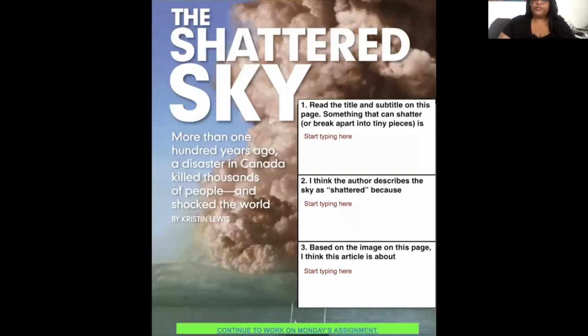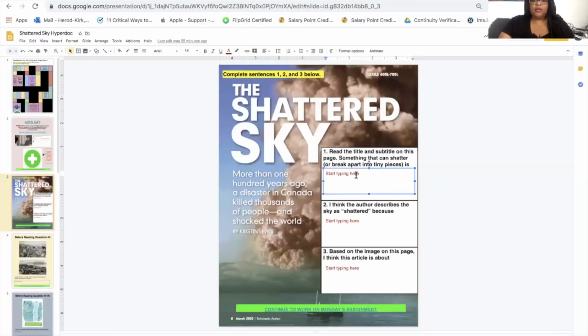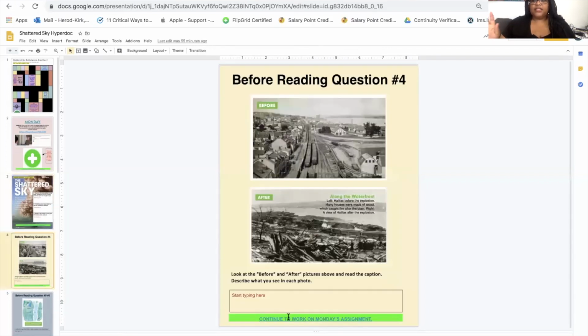Then you'll have the first page of the article with the title, the Shattered Sky subtitle, the author's name, and then I'll have to minimize it. But you have 3 questions here, and you'll have to answer them. Okay, and then you'll click on the green button, click to work on Monday's assignment or to continue work.